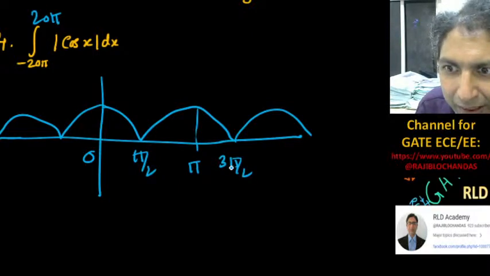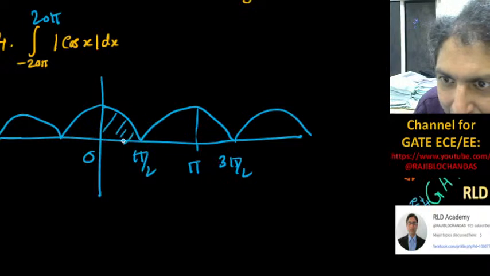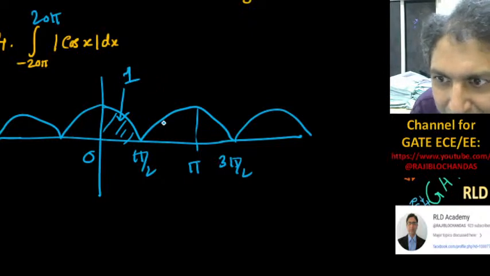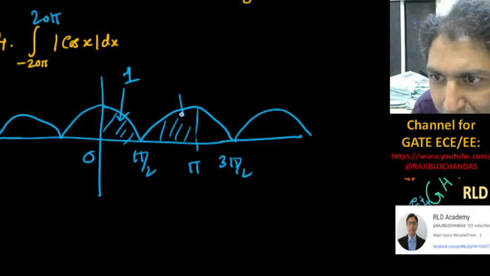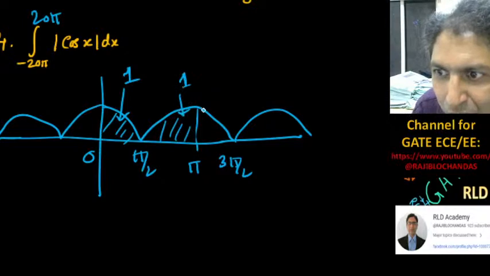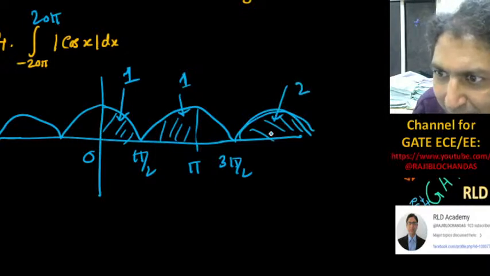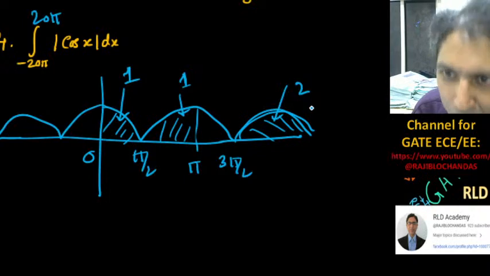Okay, so already you have seen that this area is 1. So this area is also 1. So over one loop, I can say its area is 2. Total is this half and half portion is 1, another half portion is 1, it is 2. So within 0 to pi by 2 it is 1,